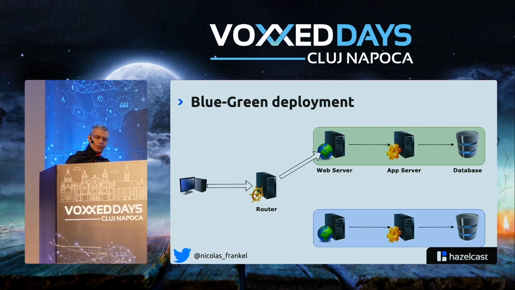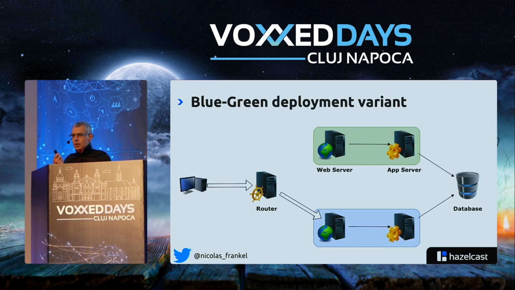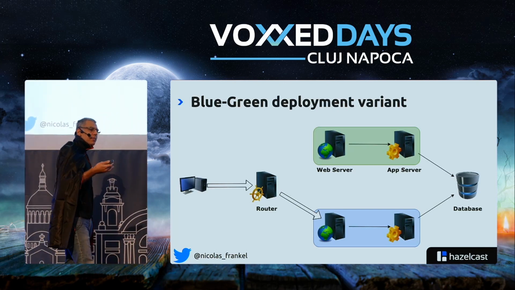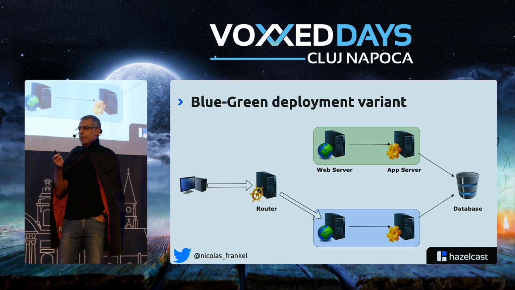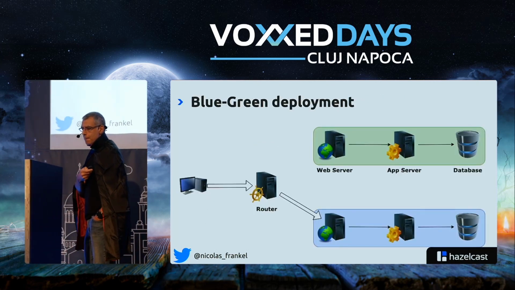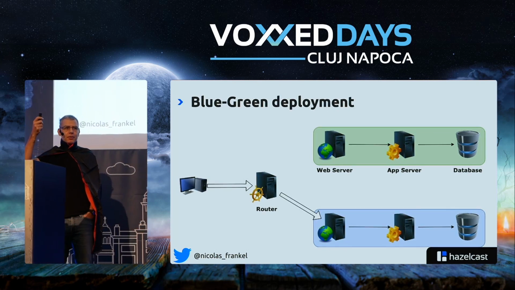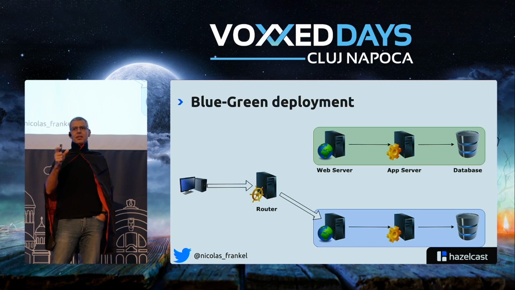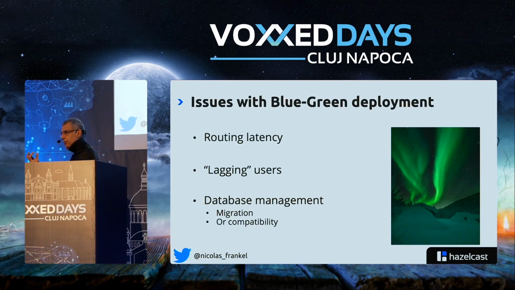So here I have two different instances. Oh yeah, it's easy. Just have a simple database, a single one, and everything is fine. However, if you really check the detail, the devil in the detail, there are some problems. The first is when here I switched, I just clicked my clicker and I switched. However, between the time when you click or you run the command line and you really switch, there might be some delay. That might be a problem. So the routing latency is an issue.